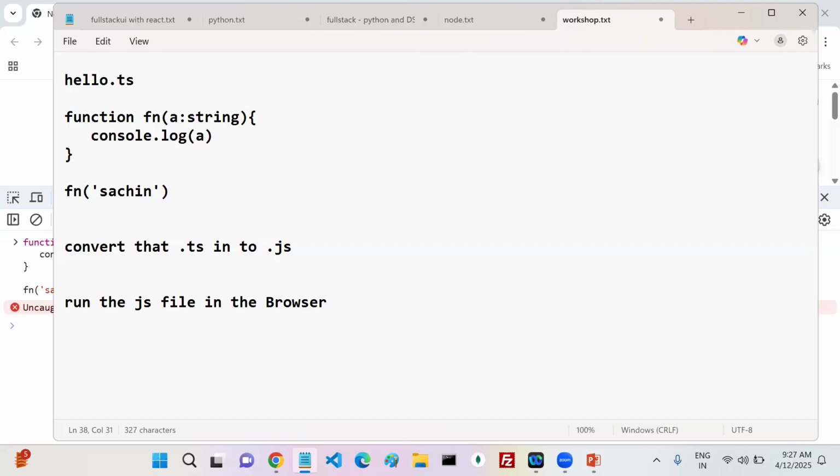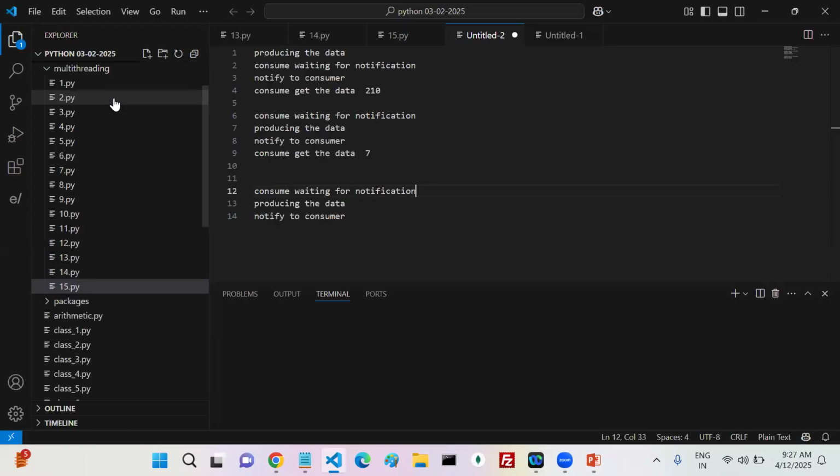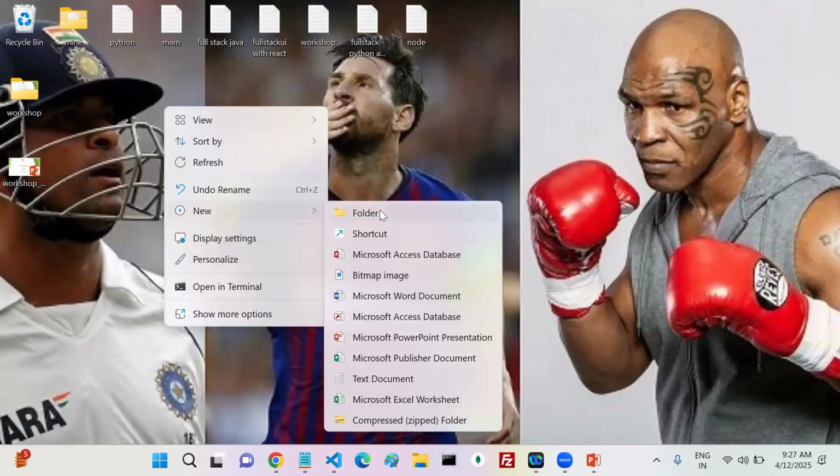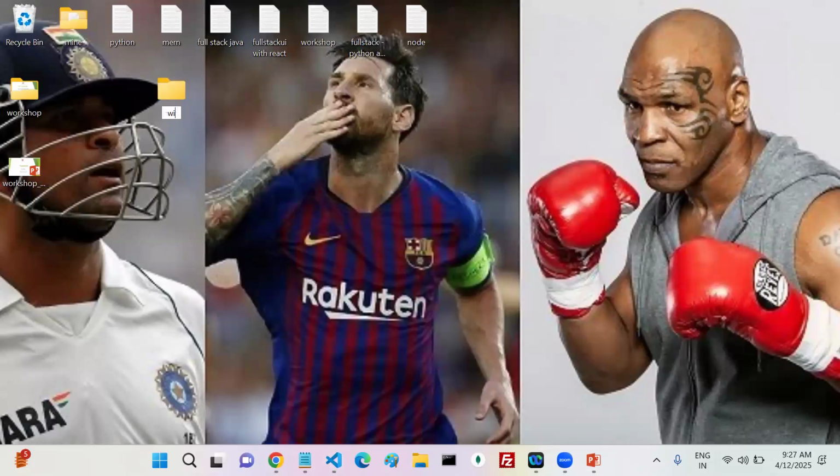So programmatically, I want to execute this. First of all, you have to create one file with the extension ts. Let me create one workspace folder for us. Okay, this is my workspace.